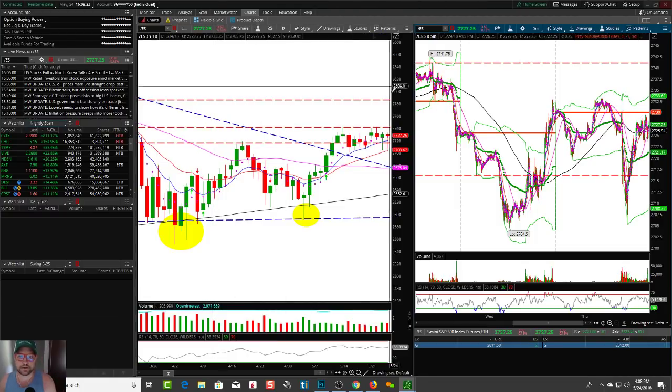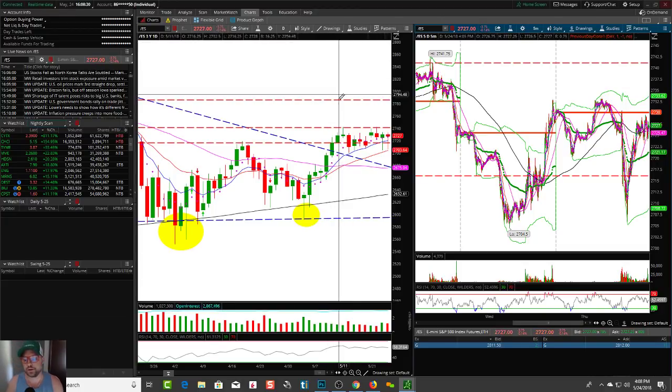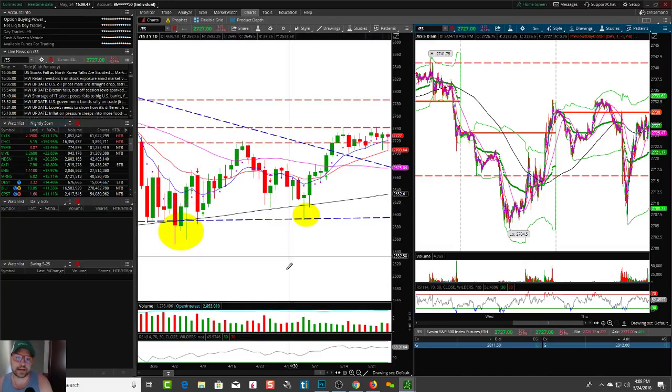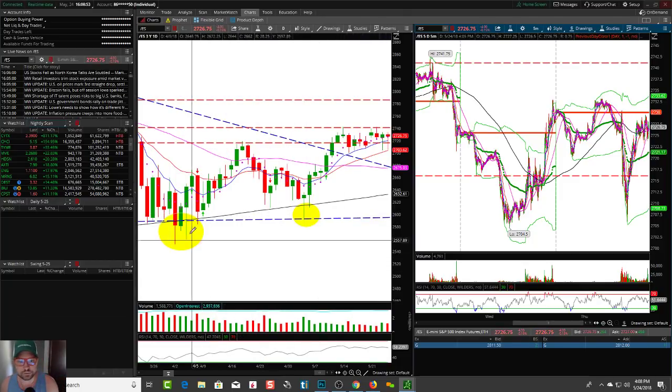When you're a trader, you've got to determine what type of trader you are. Are you a long-term trader? Are you a swing trader? Are you a day trader? If you are a day trader, are you going to trade a 1-minute chart? Are you going to trade a 5-minute chart? Or are you just going to find a 5-minute setup and then get your entries and exits on a 1-minute? Or are you going to trade on a 5-minute setup and then determine your entries and exits strictly off the 5-minute, right? Not necessarily a right or a wrong way to do it.